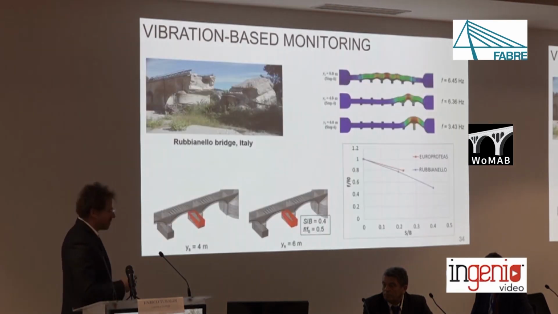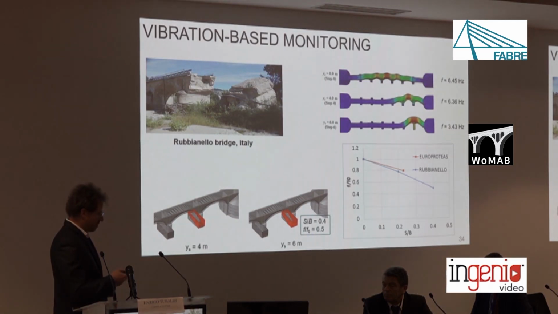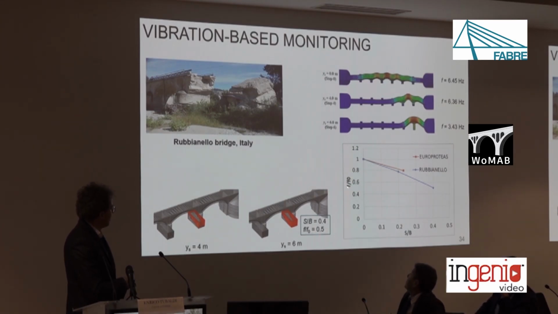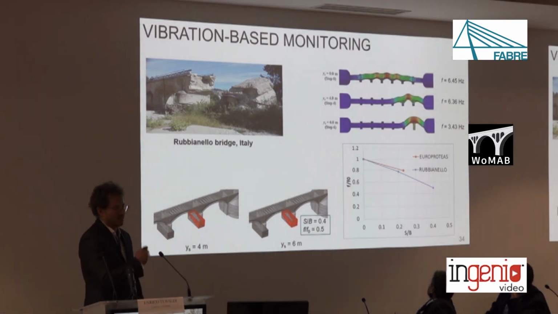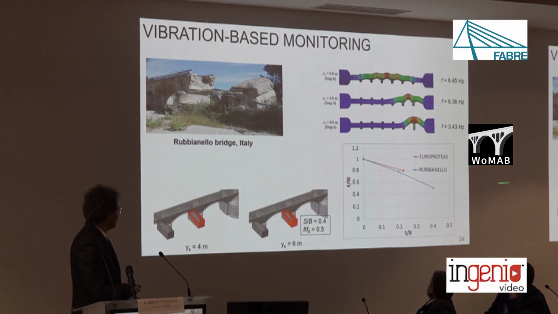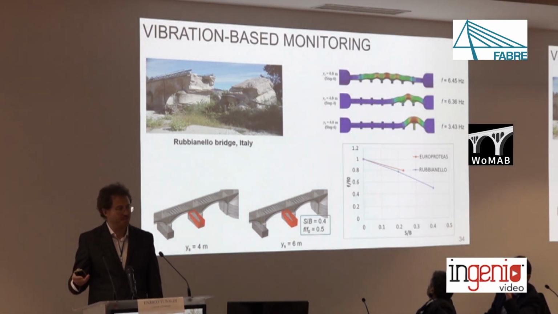And also, numerically with Scozzese, we have been looking at the changes in vibration frequency expected in Rubianello Bridge, in the intact bridge, due to scour. And here you see the comparison of the normalized vibration frequency, normalized with respect to zero scour, for increasing level of the portion of the foundation undermined by scour. Orange curve is Europroteus, so the system I showed you earlier, tested in Thessaloniki, and below is the numerical estimate from Rubianello Bridge. And you see that there is a higher sensitivity of the masonry arch bridge to scour, but